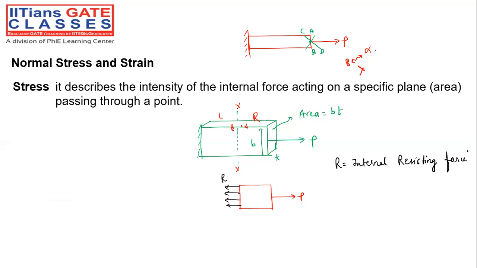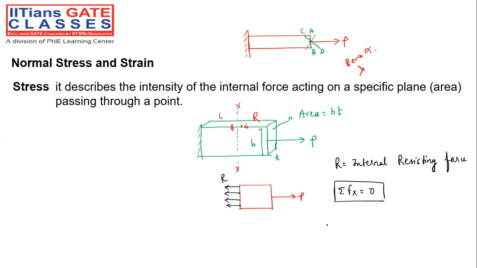Because it wants to maintain its original state, but you are applying the force P and disturbing the initial state of the body. So it will oppose that deformation, and in doing so, it develops internal resistant forces. If I apply the equilibrium equation of engineering mechanics,